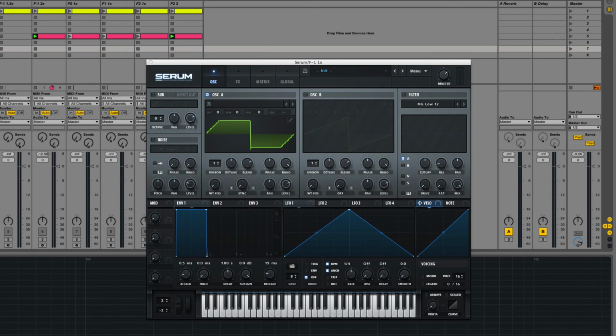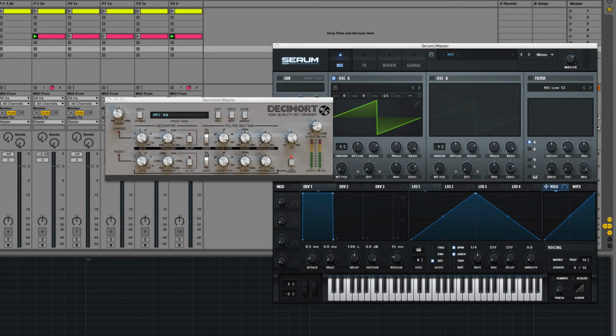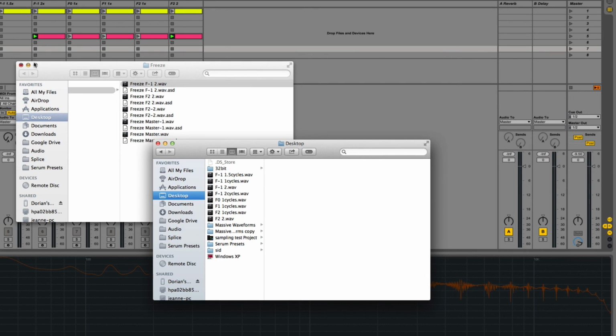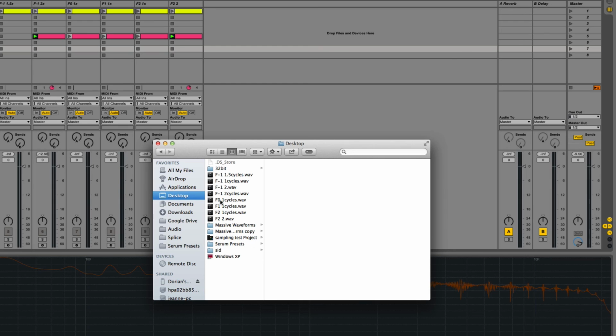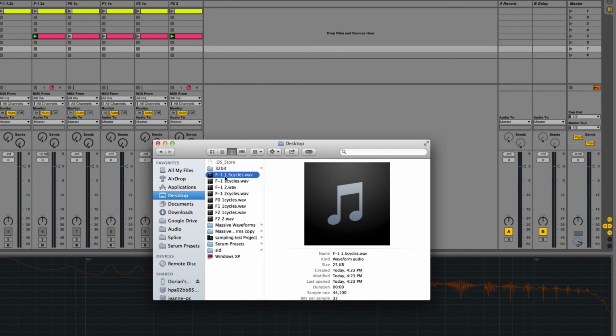So I tried to sample these in all different kinds of ways to find the best way. The first thing I tried was working at the frequency of a single 2048 cycle at 44.1 kilohertz sample rate. If you don't know what I'm talking about, then you need to watch some of the previous videos where we go into depth about the theory of creating single cycles. So I first tried F-1 with 23 cents down,